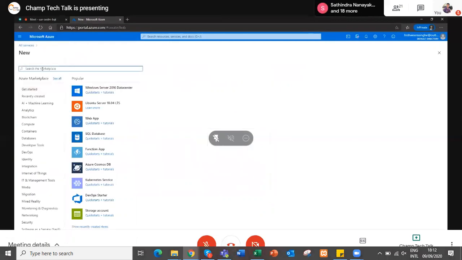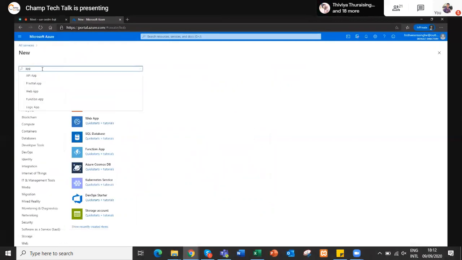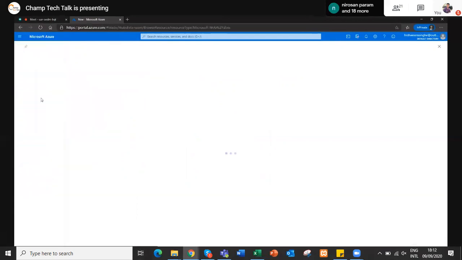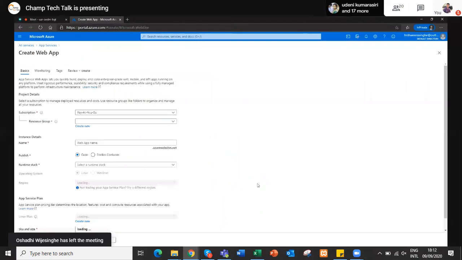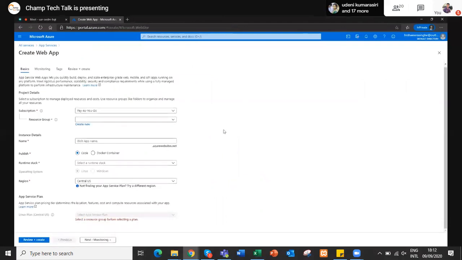I want to create a small app. So what I can do is, if I go to app services, I don't have any apps in here. There is something called create app service. If you come to this particular screen, you can see subscription, resource group, something like that.